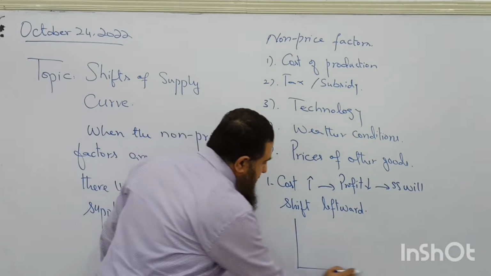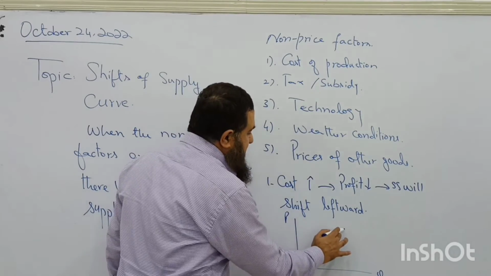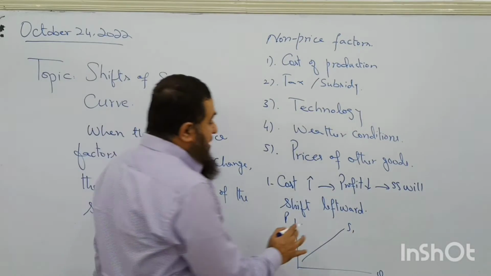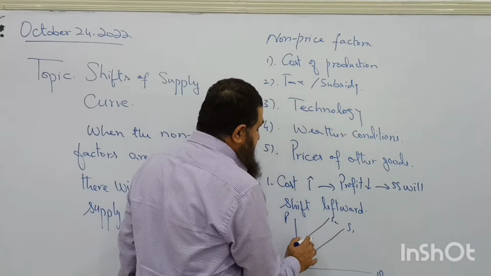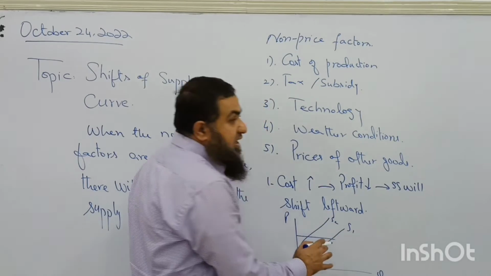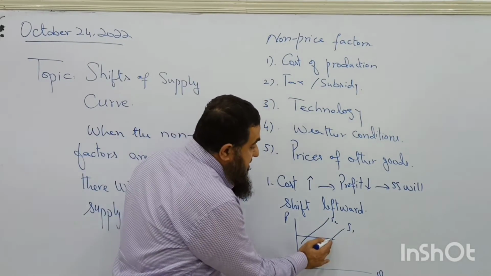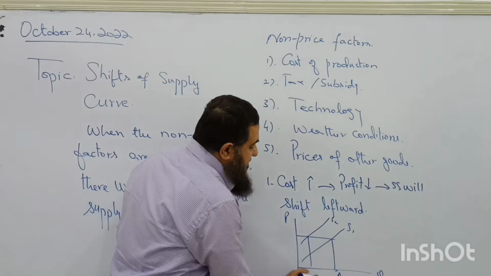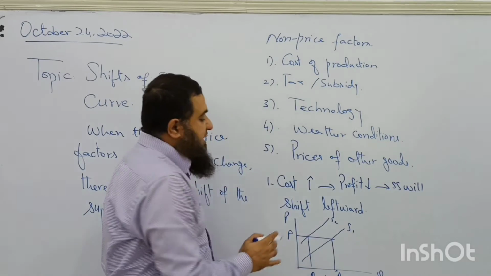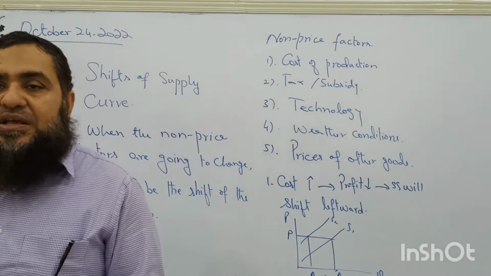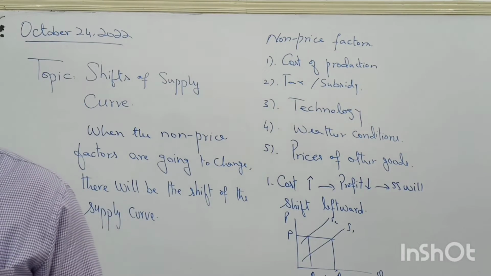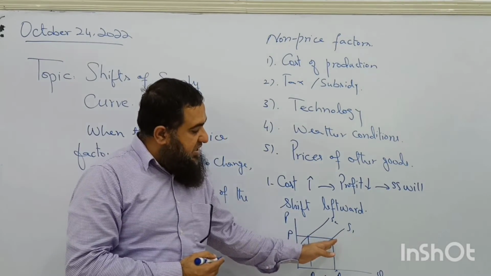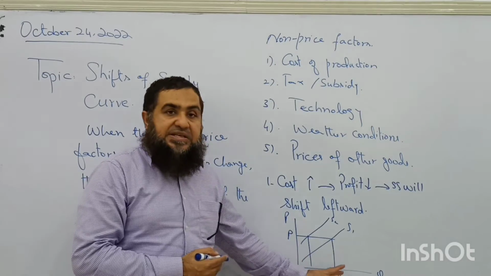Now I want to explain to you a few things related to this supply curve. This is the supply curve without the change in cost of production. When cost increases, it shifts leftward. Now what happens? At all the price levels, now there is less supply of food. Horizontally, when we see that at the same price, now the producers are supplying less output in the market. Clear? This is the horizontal shift. Horizontally we have seen that at this price level there is less supply.